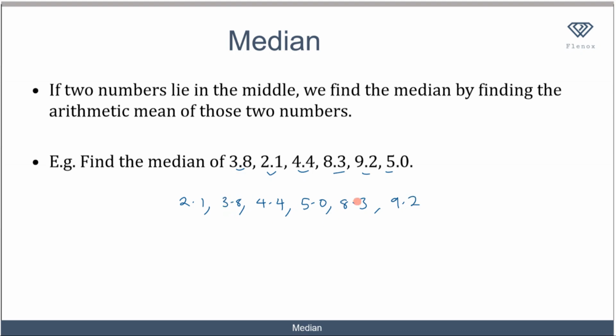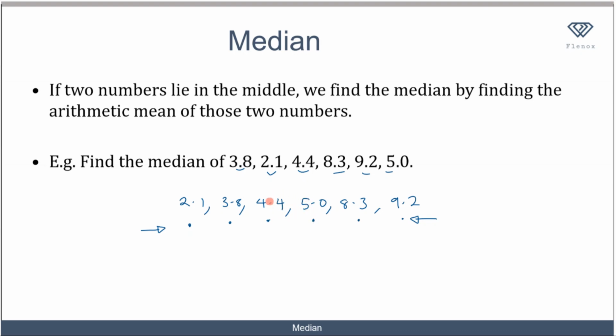Again, I try to look for the middle number. I come from this direction and I come from this direction over here. So I move one step, I move one step, then I move another step to this number, another step to this number, and another step to this number. Now when I move, there is no number for both of them to coincide.